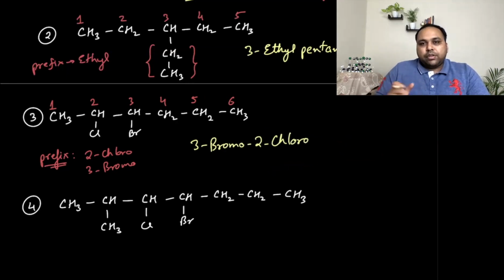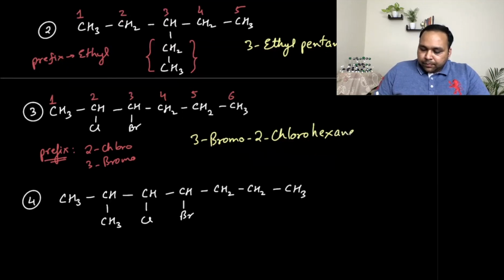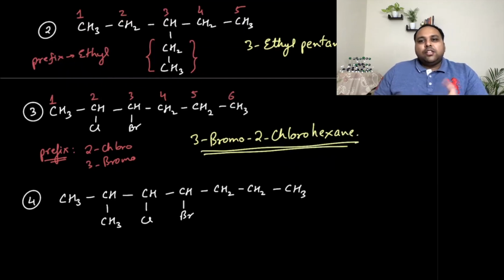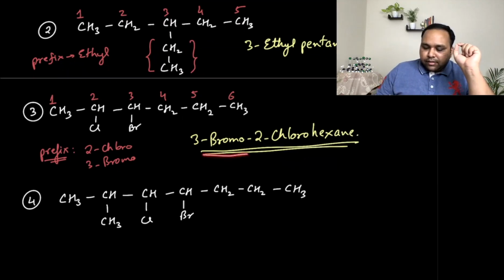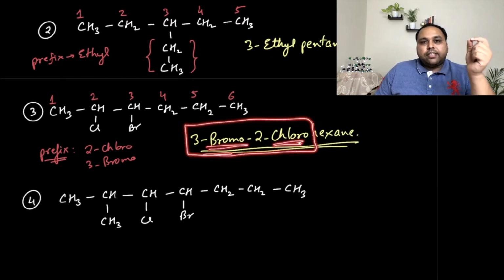and then you see the carbon chain, word root, main chain, 6 carbon, you have hex. And if there is a double bond, we would have named it as ene. If there would have been a triple bond, we would have named it as yne. Because there are no double or triple bonds, we name it as ane. So you have 3 bromo, 2 chloro, hexane, and that becomes your name for this compound. So I hope you got this point, that while writing the prefixes, the rule that we understood here is to use the alphabetical order. Okay, let's try and apply this to another example.